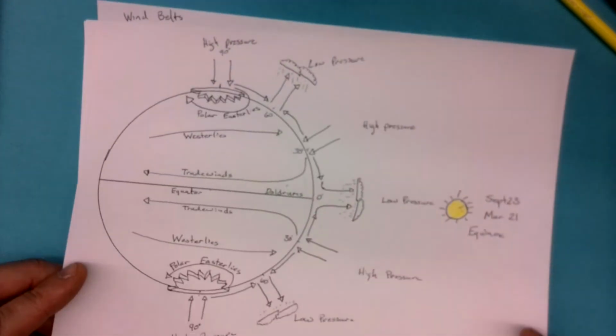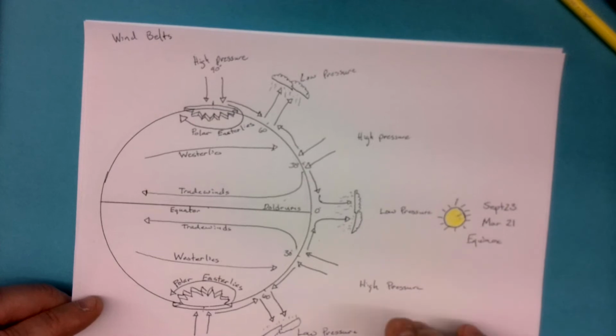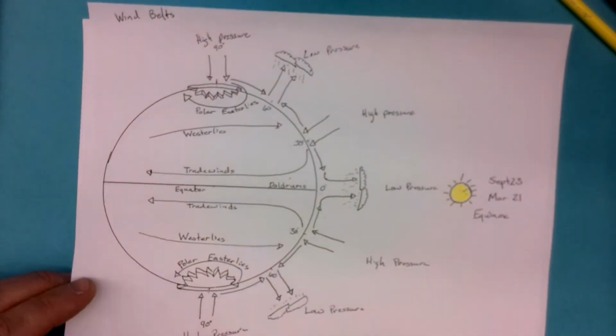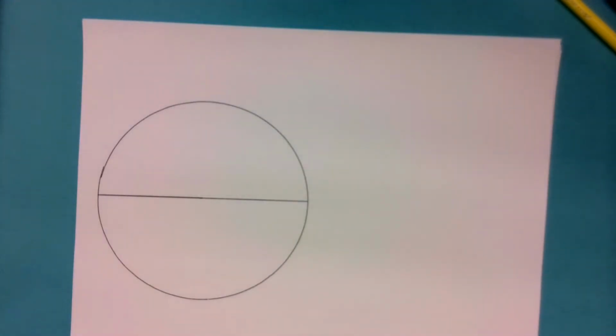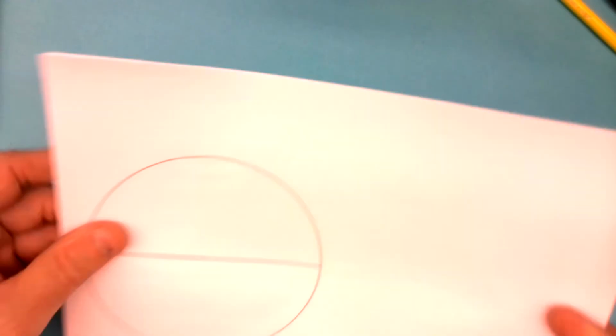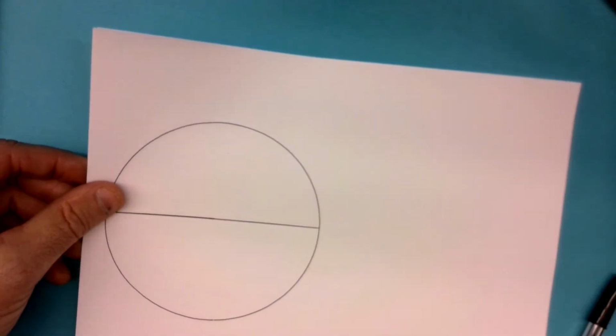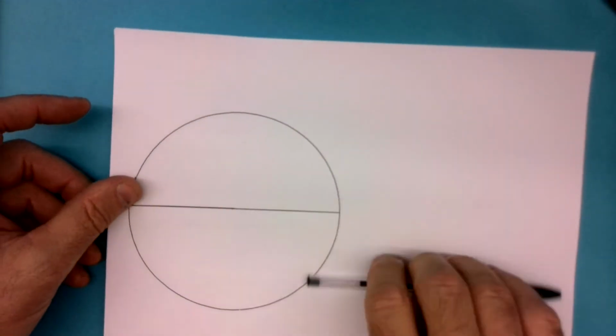Okay, last time we went through the basic wind belt. This is for September 23rd, March 21st. Today I'm going to look at a solstice wind belt. Now I'm going to pick the summer solstice. The winter solstice and summer solstice are the same, except you just flip it upside down. But to begin with,